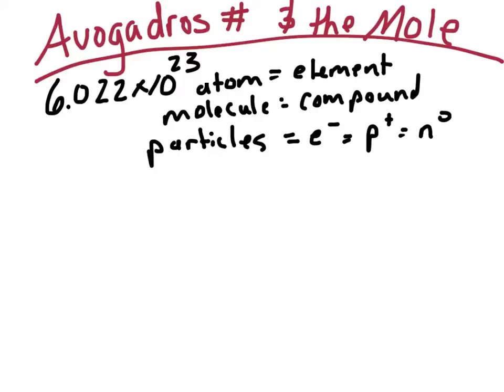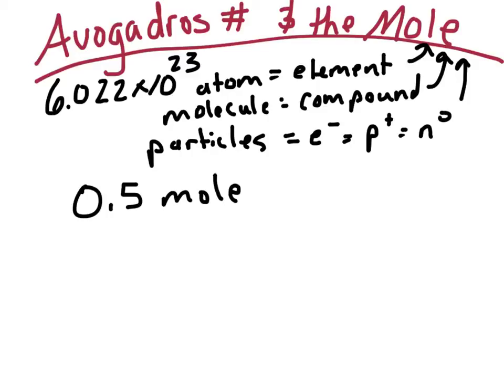Now, this all is equal to a mole. Okay, so a mole is like, remember, a mole is like a dozen. It's a chemist's dozen, only we have a lot more than 12 in our dozen. 6.02 times 10 to the 23rd. Now you need to be able to go back and forth. So you need to be able to say, okay, if I have 0.5 moles of hydrogen